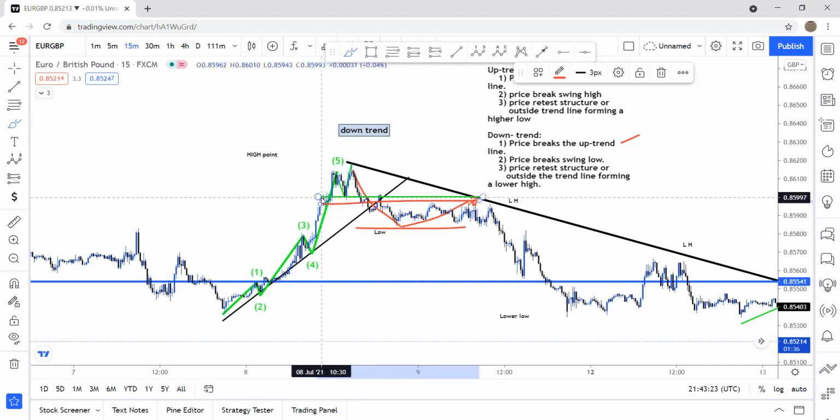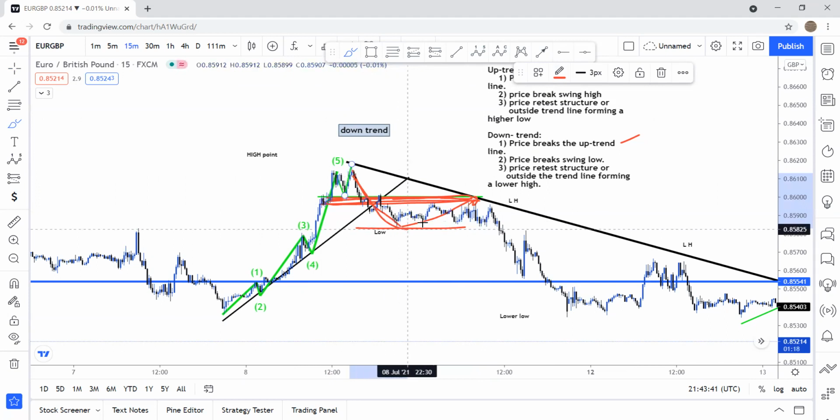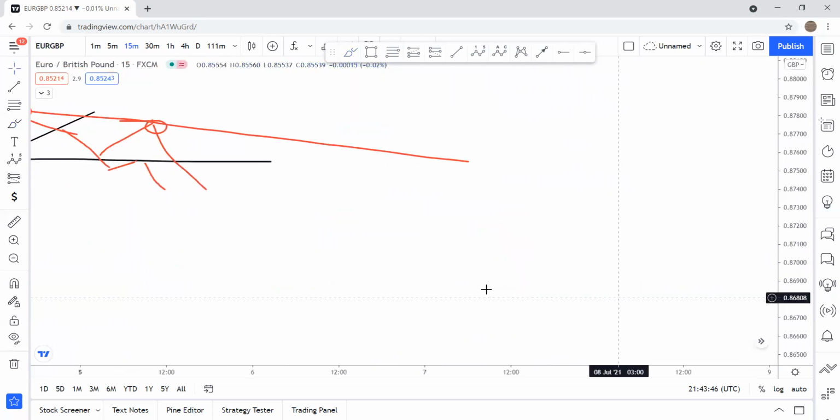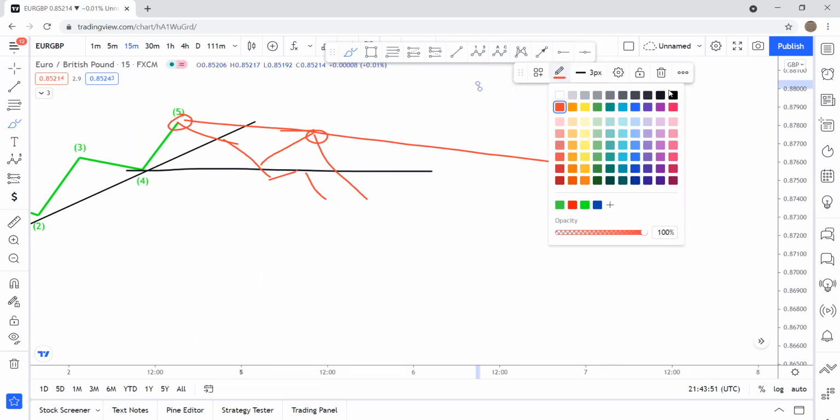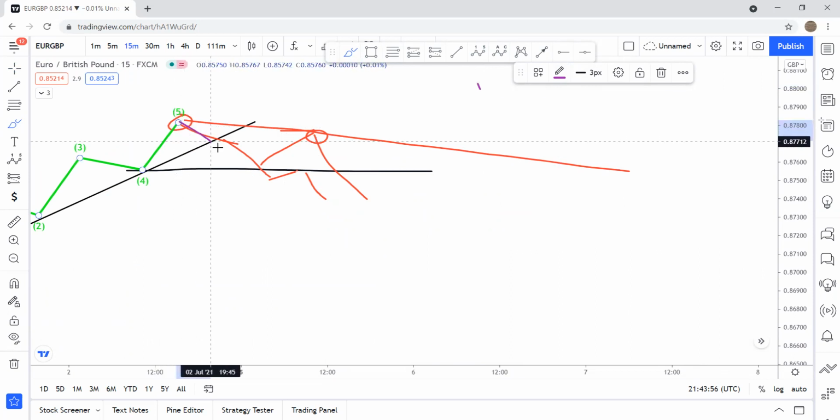These areas, this nice area over here. Price came as a retest to this area. So it breaks it, retests the structure. So if we go back to our diagram, as mentioned, price either, let's use another color. Let's use purple. Price is either going to break the trend line and the swing low and retest the structure and go